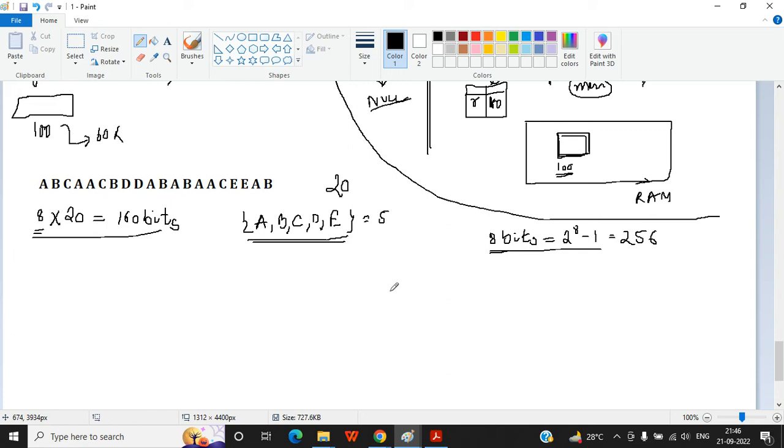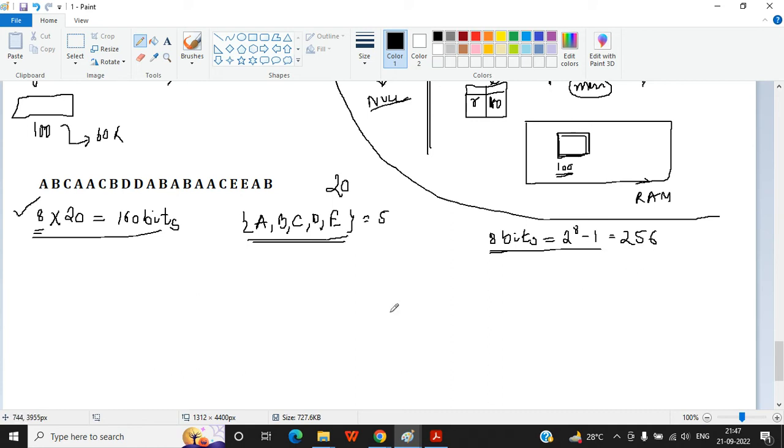Okay. So we can generate our own code. If you take ASCII code, by taking 8 bits length, we are considering ASCII code. You can consider Unicode, then the number of bits is 16 for characters. So rather than taking those concepts, we are taking our own code. We are generating our own code with the minimum number of bits possible, right?